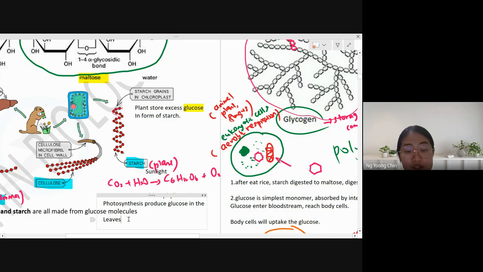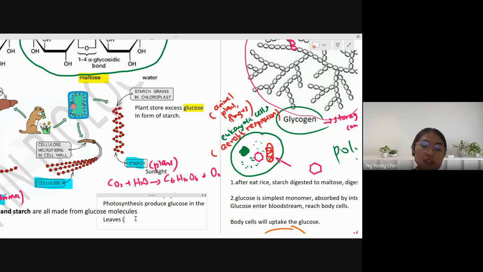Because the leaf does contain chloroplast. I mentioned before, right? There are three types of plant cell that contain chloroplast. I'm not sure you still remember or not. In chapter 1, I mentioned before, three kinds of plant cell contain chloroplast. Do you want to give me an example? In the leaf, it is the palisade mesophyll cell, spongy mesophyll cell, and the guard cell, right? So the leaf does contain chloroplast, so it is able to perform photosynthesis to produce glucose.